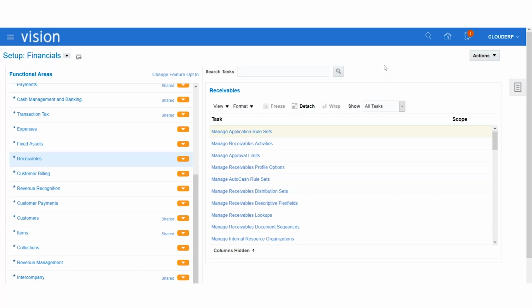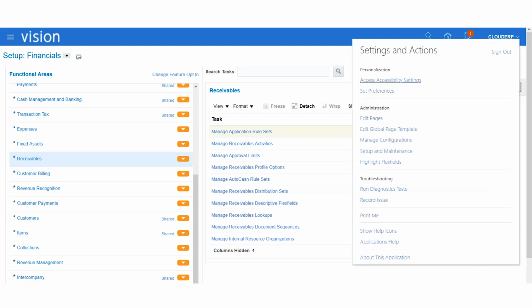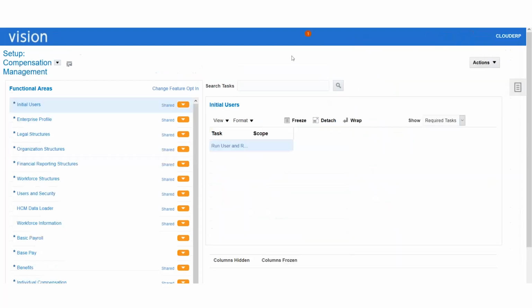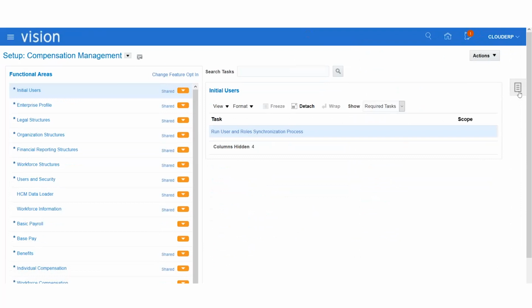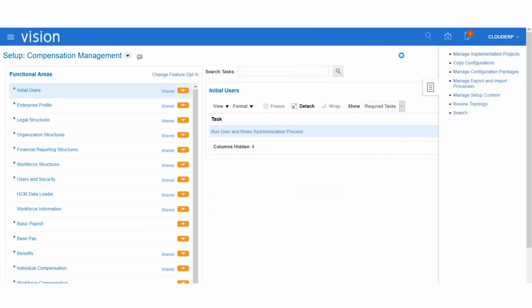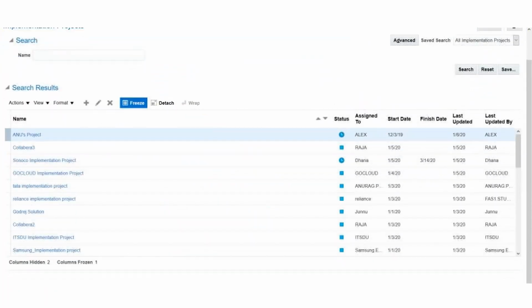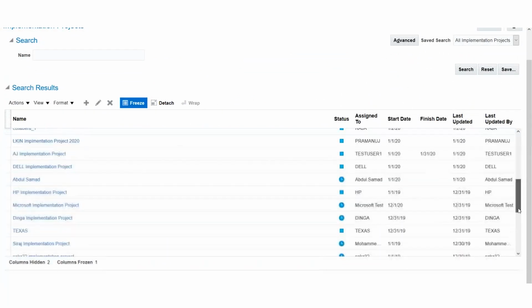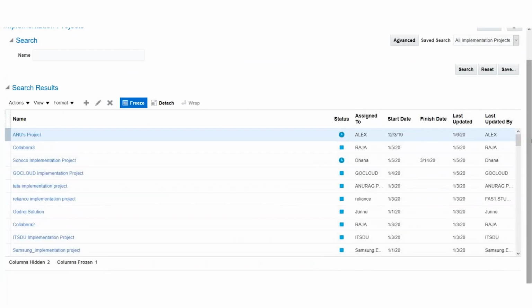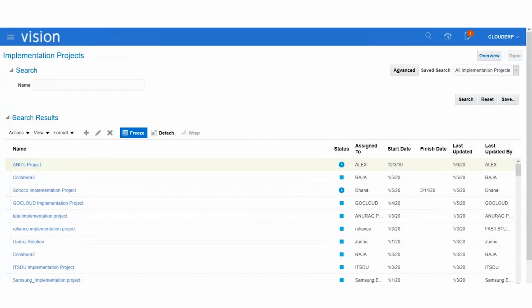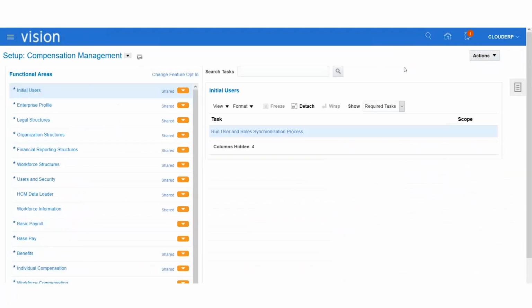Okay, fine. So this is how you can check whether you got access to FSM or not. From FSM, you can create the implementation project. What else you can do from FSM, we'll see in the next session. So here you can create your implementation project. What is the meaning of implementation project? What can we do by using this? If you don't create an implementation project, what can we not do? These benefits we'll discuss in the next session.